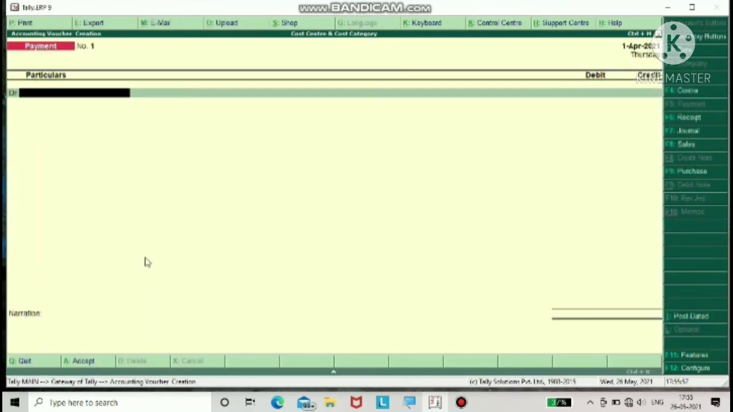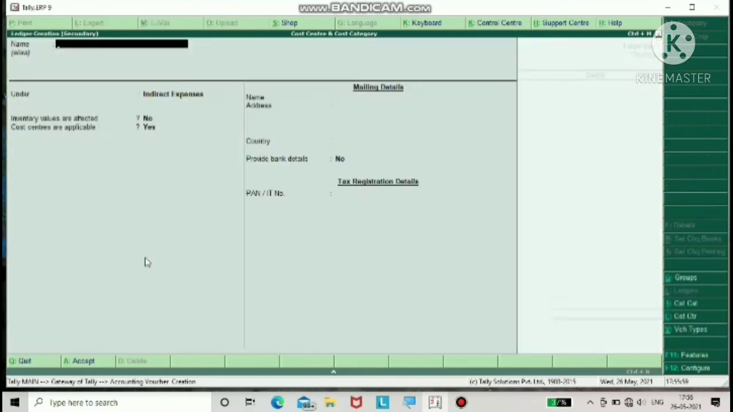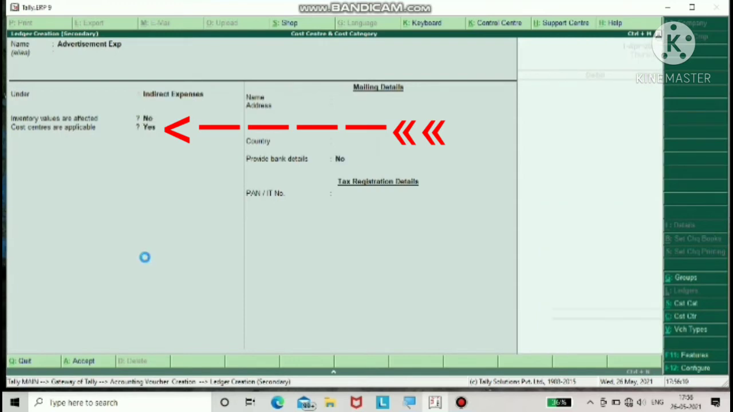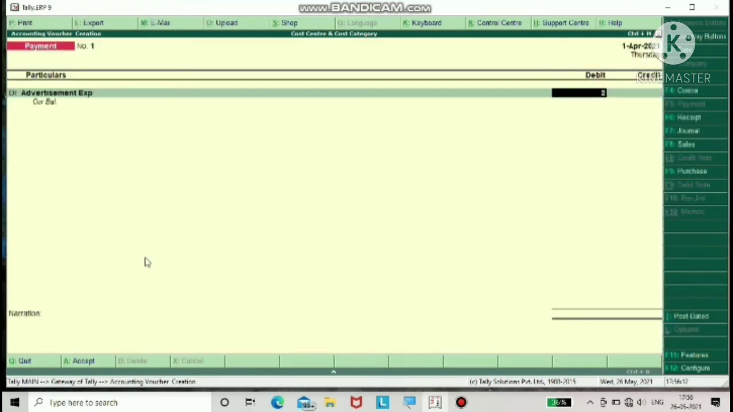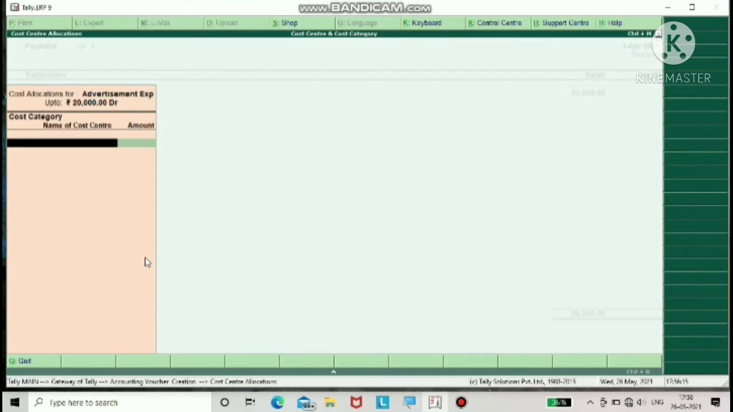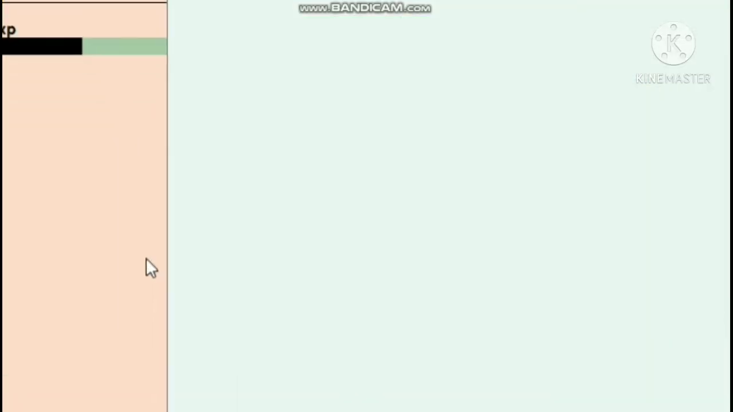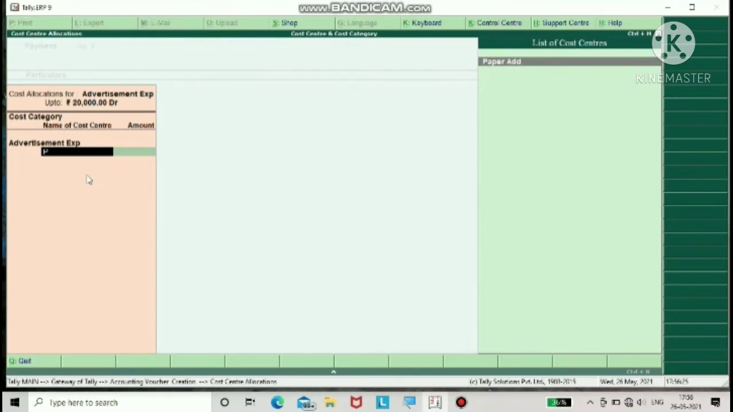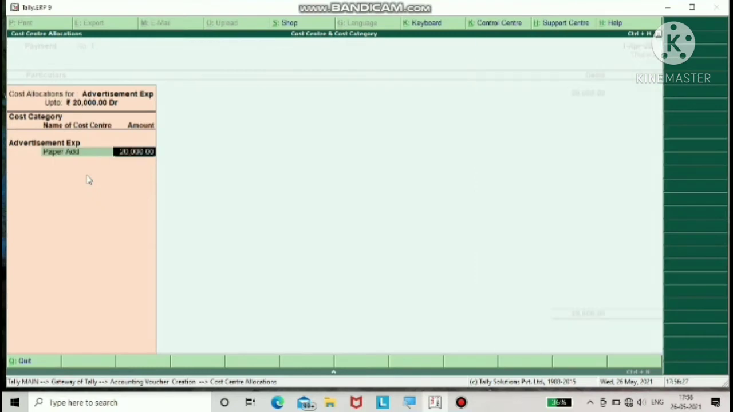Go into accounting voucher and press F5. Now I am making a new ledger creation, advertisement expense, which is under indirect expense. Here you have to apply cost centers are applicable, so you have to press yes. After that save it. You have to fill the amount which is under advertisement expense. You already did that. Now we have to add here advertisement, paper advertisement,